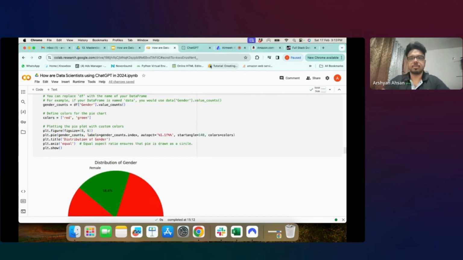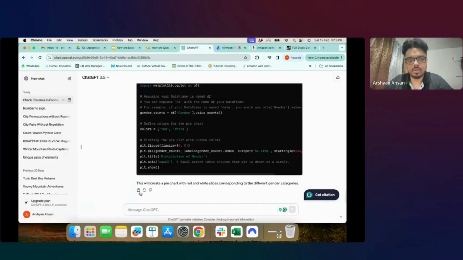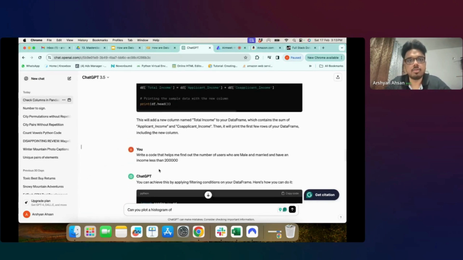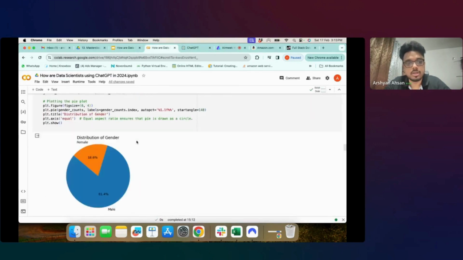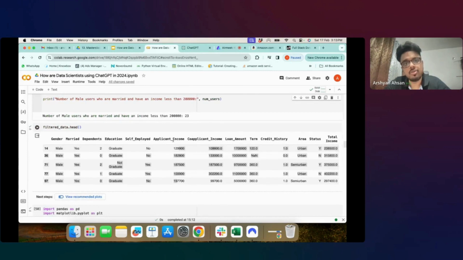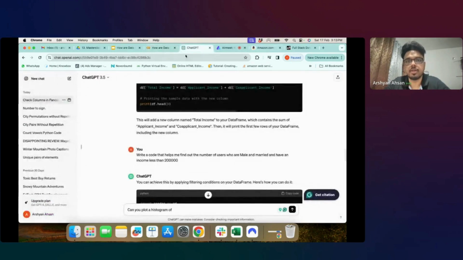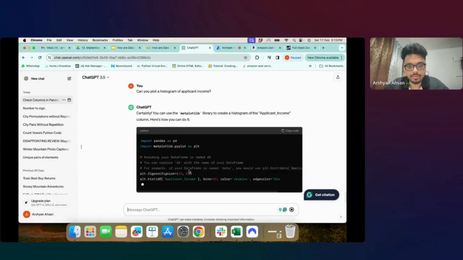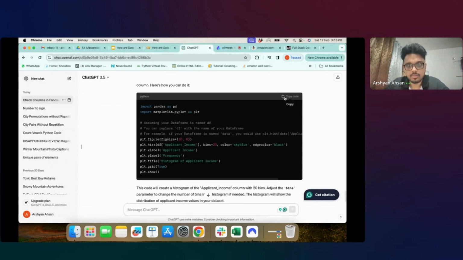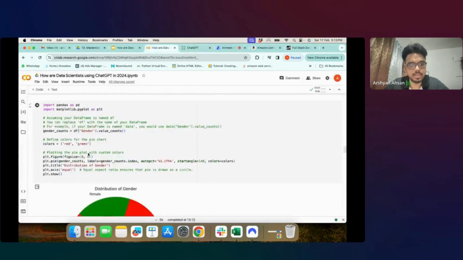ठीक है, एक और केस ट्राई कर लेते हैं। लेट्स ट्राई अ सिंपल यूज केस दैट कैन यू प्लॉट अ हिस्टोग्राम ऑफ, बताओ किसका हिस्टोग्राम प्रिंट करें। लेट्स टेक हिस्टोग्राम ऑफ एप्लीकेंट इनकम ले लेते हैं, ठीक है, एप्लीकेंट इनकम। चलो लेट्स सी, पहले तो उसे पेस्ट करके चला के देखते हैं कैसा चल रहा है।